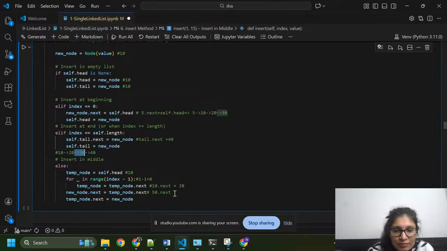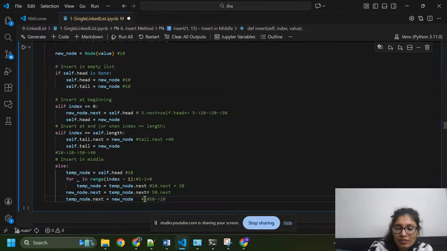And temp node dot next equals new node. So before we had 20 here, now 50 will connect with 20, and 10 will connect with 50.